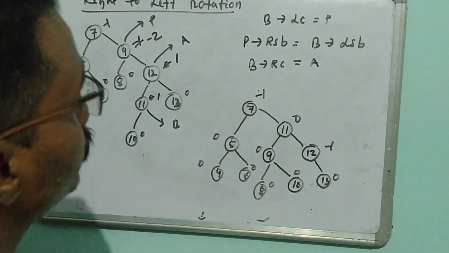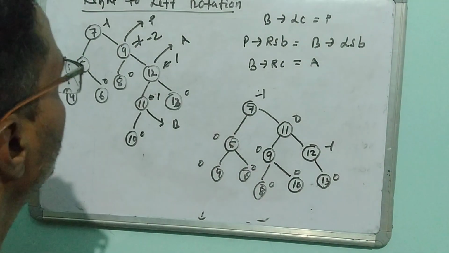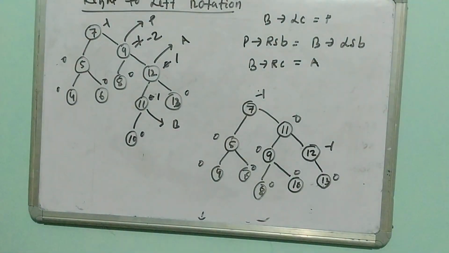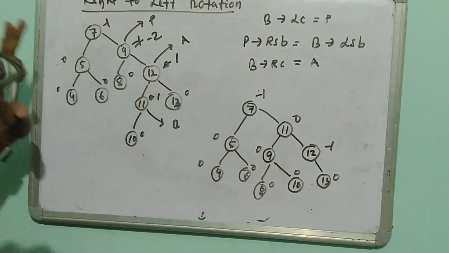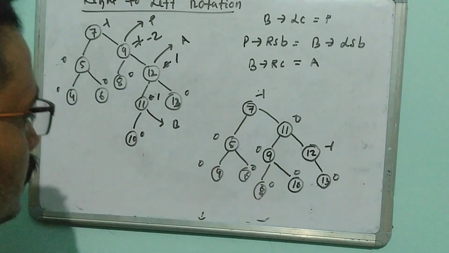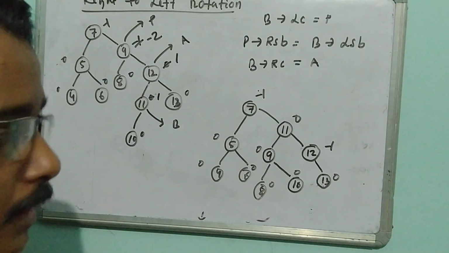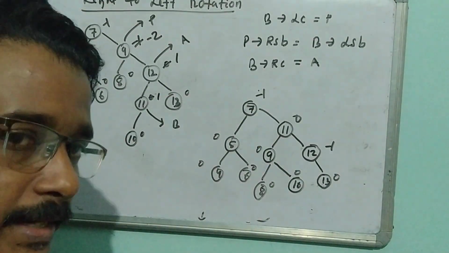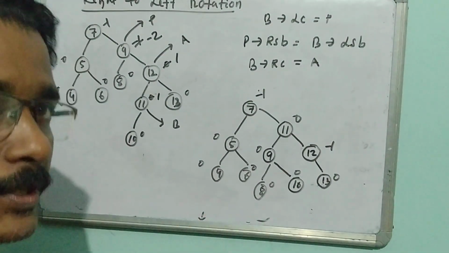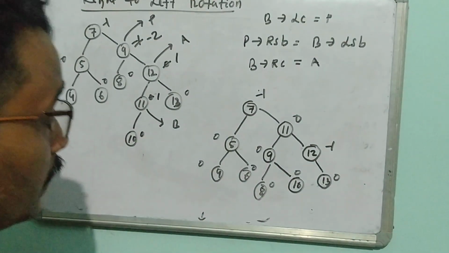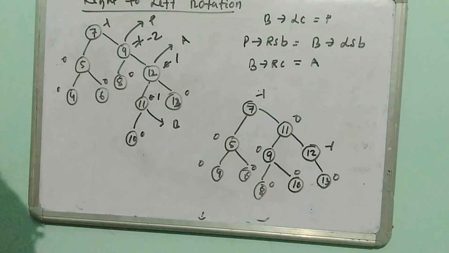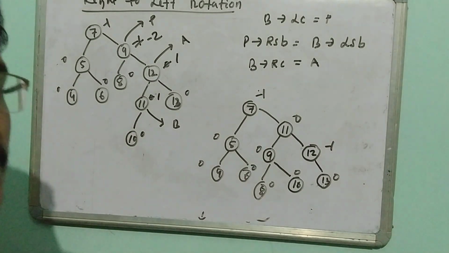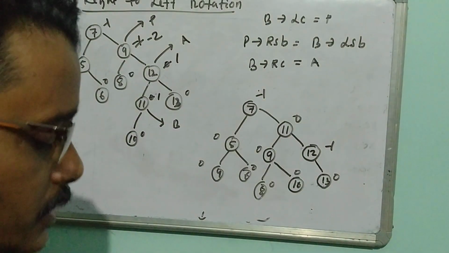So this is also a balanced tree. We are making certain rotations, and we have completed the right rotation, and we are making an unbalanced tree into a balanced tree by this process. So we have completed the AVL rotations: we make left to left rotation to make it balanced, right to left rotation to make it balanced, right to right rotation to make it balanced, and left to right rotation also to make it balanced. Now the last part we have to complete.